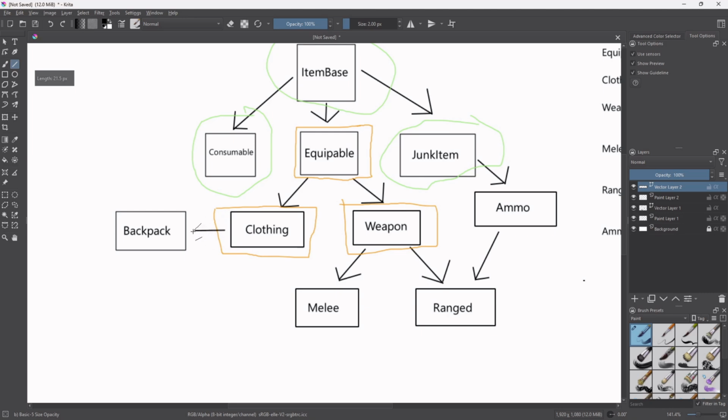But there is one class here, and this is where I wish Unreal Engine allowed dual inheritance. With normal C++, you can have two inheritance. You can inherit from Equippable and, well, something else. But you can't do that with Unreal Engine. So the backpack, the reason why I want to have that separate. Actually, I'm going to change that. It's not really a backpack. It is a